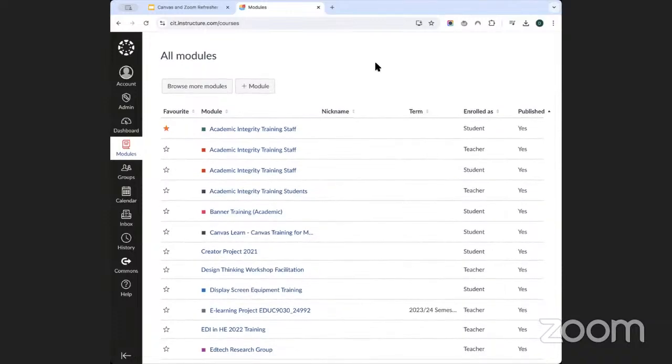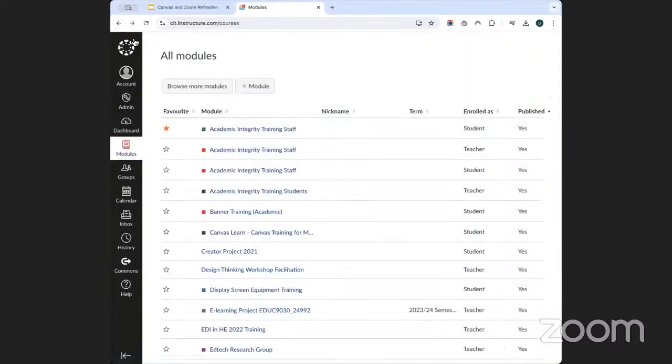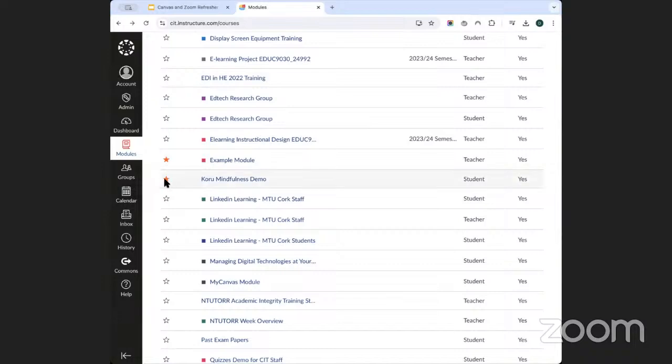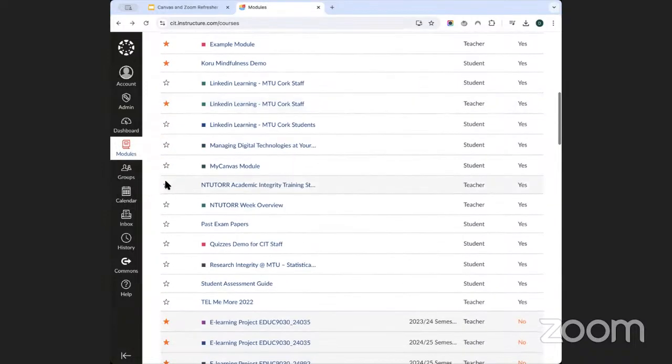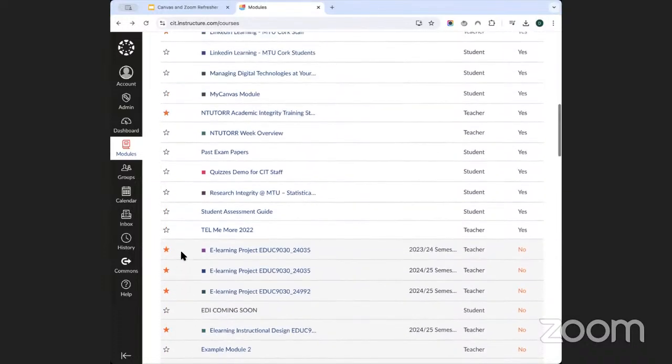Now, for the purposes of our dashboard, a very useful feature is the ability to star modules like this. So, for example, if we go back to my dashboard, we can see there are two published modules there, these two. If we go back into all modules, essentially what this star or favorite next to each module means is that if I click the star for a particular module, it will display these modules, and only these modules, on my dashboard. So I've clicked a couple of additional entries here. If we go back to the dashboard,